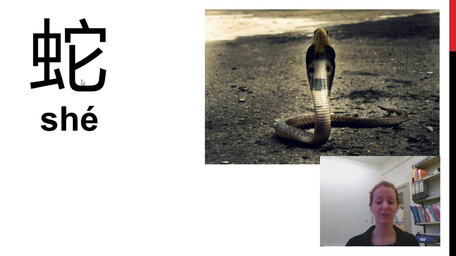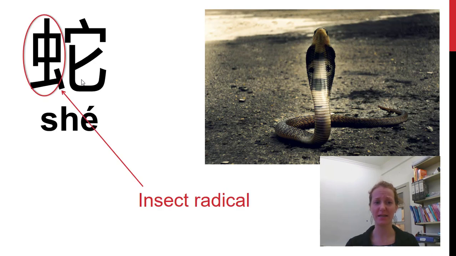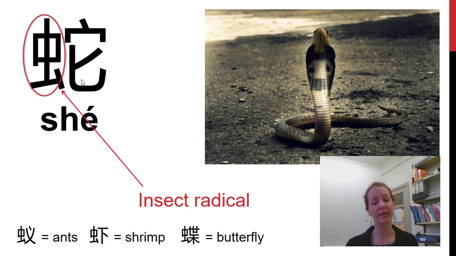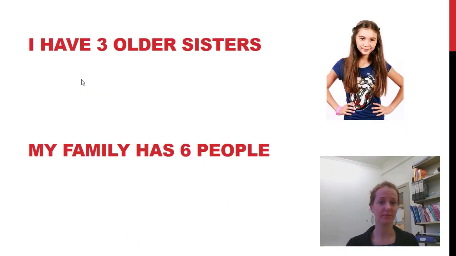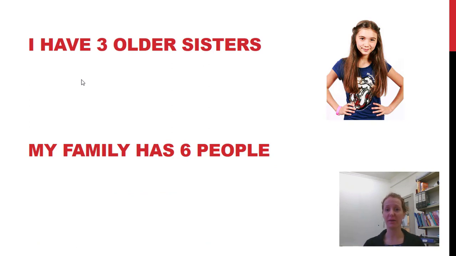You probably don't have one of these as your pets, but you might want to talk about it one day. So what's interesting in this one is that it has an insect radical. So why would a snake have an insect radical? I think maybe because of the shape of it, because it's long and skinny, it looks a little bit like a worm. So maybe it came from that. A worm's an insect. And so here are some other ones that have the insect radical. 蚁, 虾, and 蝶. 我有一条蛇。